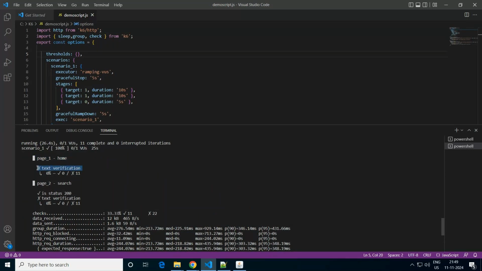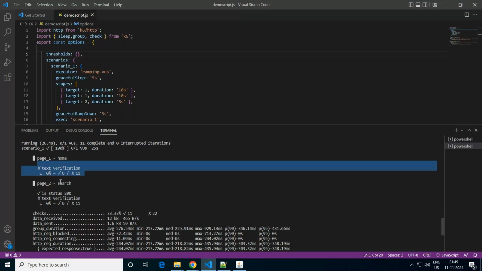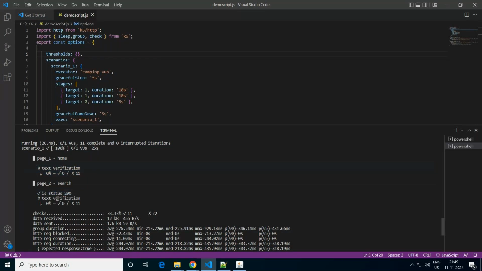out of 11 times, everything is passed. This is a kind of false negative, because what we are, okay, I'll explain it later. So you're going to have these validations, the status code validation, text verifications. So checks 33.33% passed, out of 33. 22 failed and 11 passed. So number of checks, 22 checks failed, which means 22 validations failed in the script,